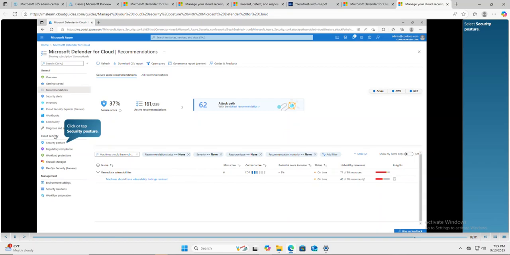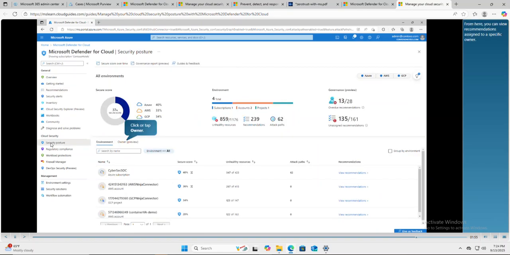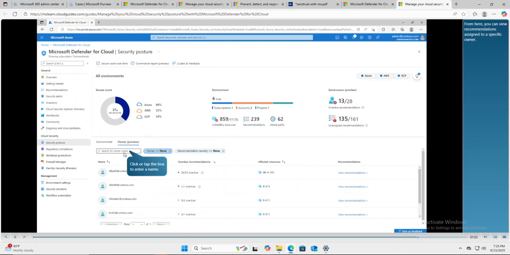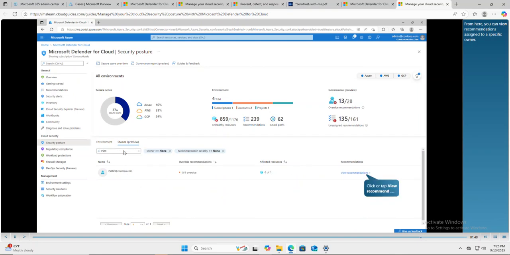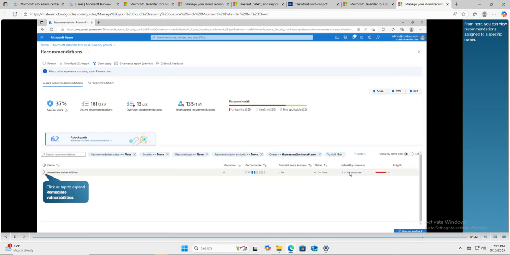So let's go into the security posture here. And then from here, you can view recommendations assigned to a specific owner. So let's take a look at that. So click on owner here, and we're going to look for a specific person, and then we're going to view the recommendations. Okay, so now we see that there is a recommendation that was assigned to a specific user